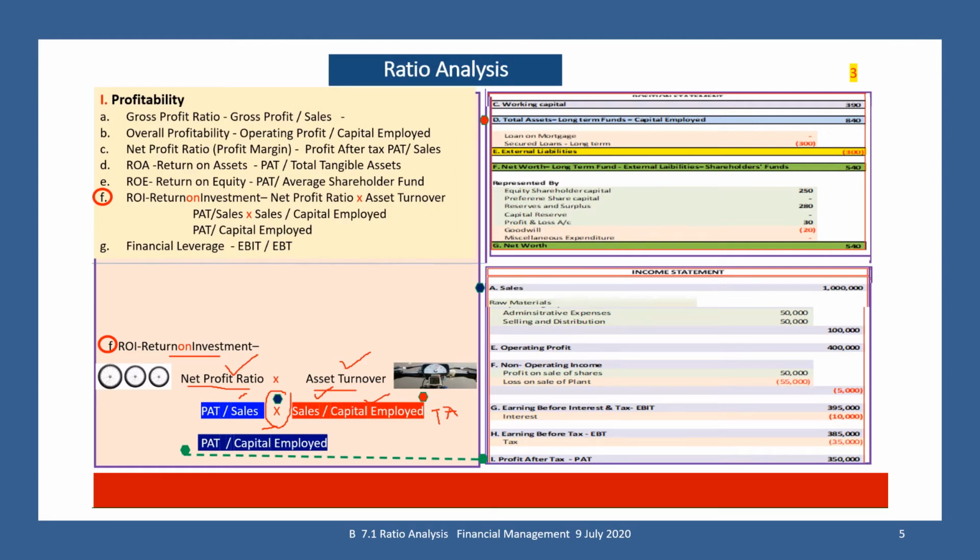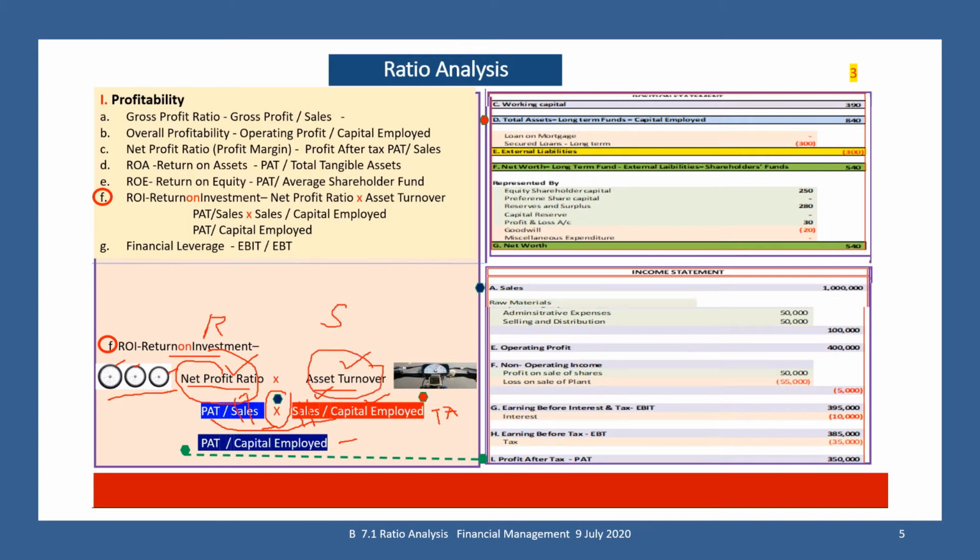Go a step forward. There are two formulas, one multiplying the other. There is one item which is common in both, one in the numerator, the other in the denominator. When we strike them off, what remains is PAT divided by capital employed. Now, what does it mean? Net profit ratio talks of the size of operations. Is it a small wheel which covers a small distance? Slightly bigger wheel or bigger wheel? Net profit ratio, profitability, whether it is high or whatever it is. This is the rate. And asset turnover talks of the speed.